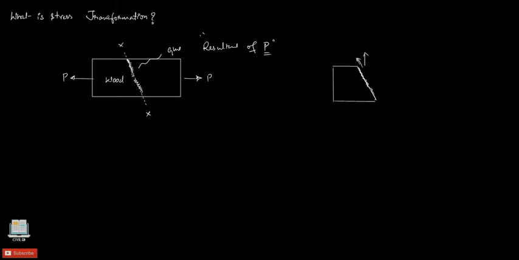On this inclined surface of the wood, we have to resolve the forces acting on this inclined section. They can be resolved in two different coordinates, namely x and y. Now we know that the shear stress acts between the two surfaces and acts parallel to the surface. So shear stress here acts in this direction. I am resolving this force P into its components, the shear stress tau and the normal stress sigma.